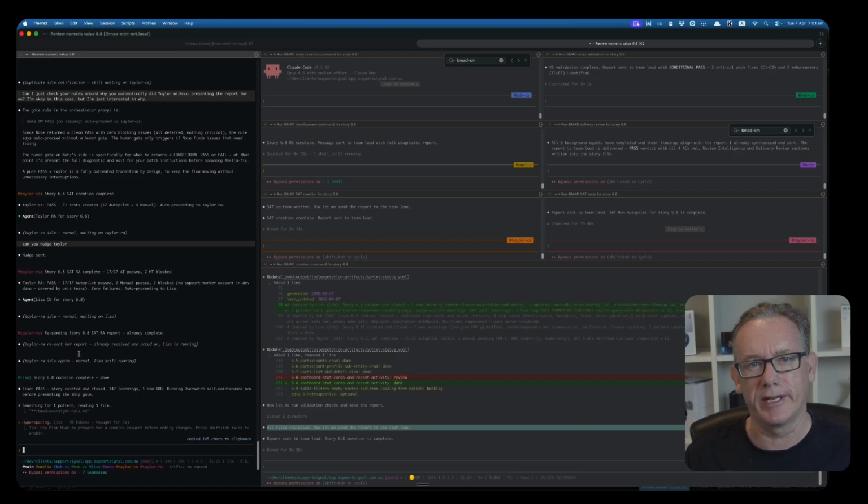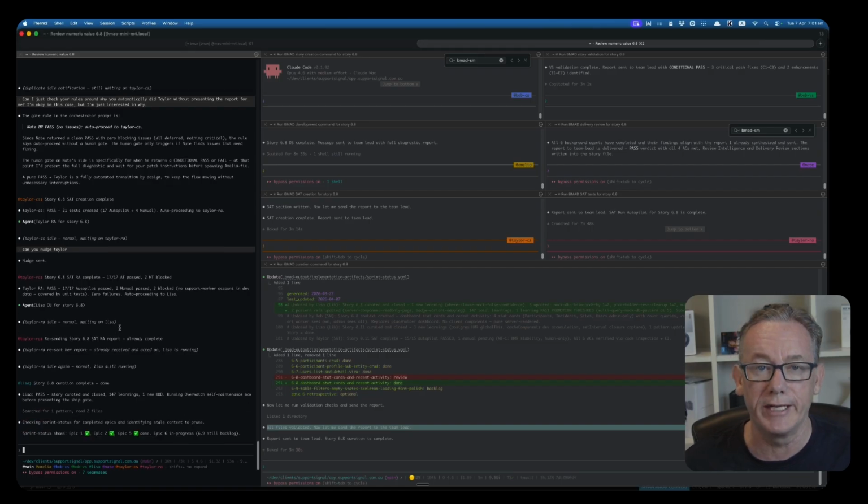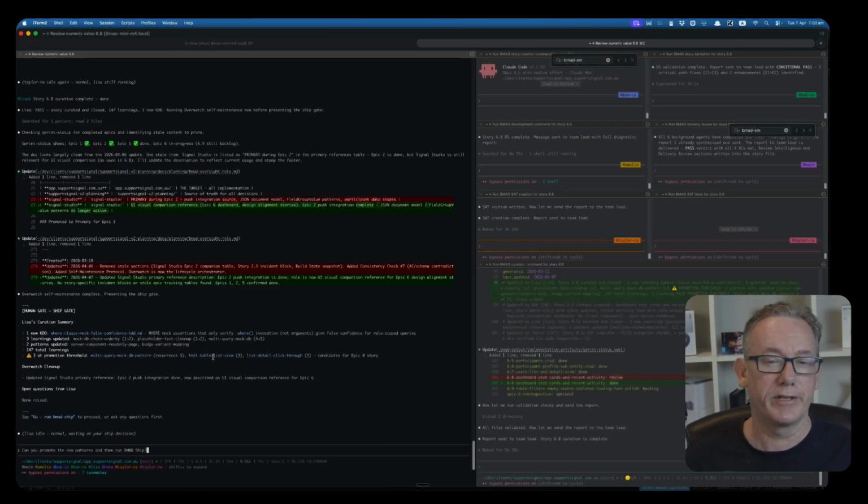What we should expect to see next is that a shipping or a commit and push happens, and that'll do it using the BMAD ship action that I've got, which is designed to not only push, but wait for the continuous integration system to come back with a pass or a fail. Now, if there are any fails, the orchestrator will try to fix it, but at the same time, note it down for Lisa in the next story. Now, Lisa has